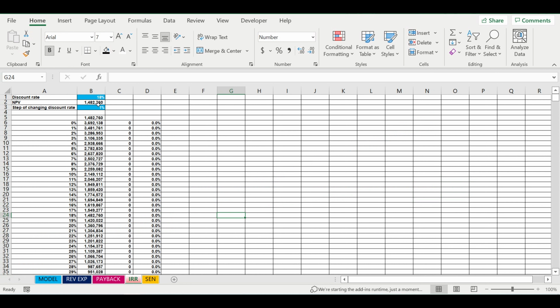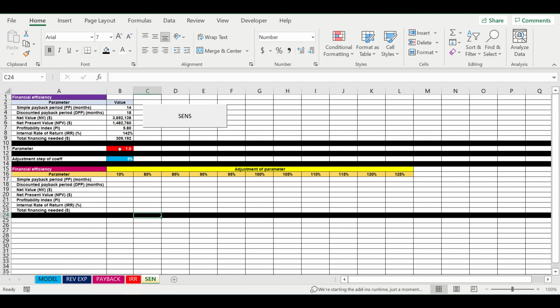Then we have the sheet where we specify the discount rate and the step of changing the discount rate to calculate the internal rate of return, and the internal rate of return goes here. And then, for example, we would like to do sensitivity analysis. Different entrepreneurs want to play with different inputs. Just add a coefficient to expenses or to revenues